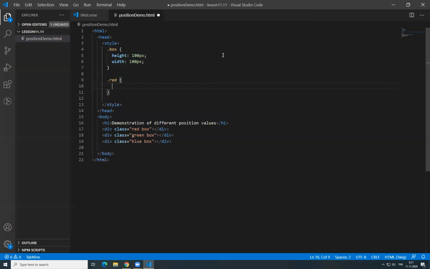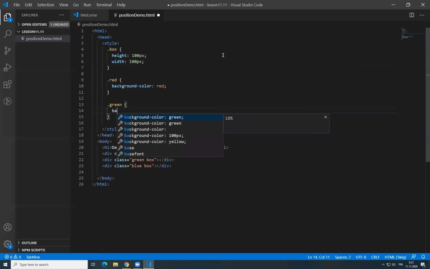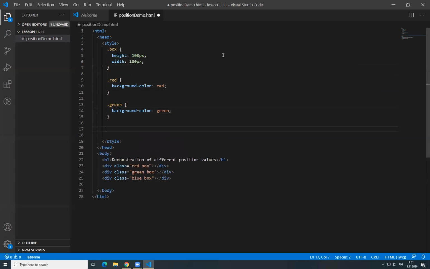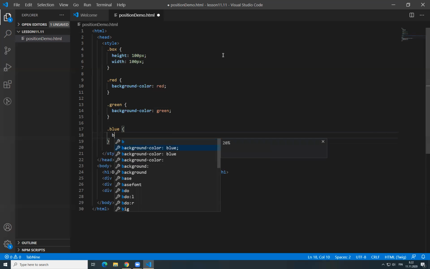For the red, background color red, then green, background color green, and blue, and background color blue. This Tabnine is working here again, suggesting that do you want to have the background color blue,